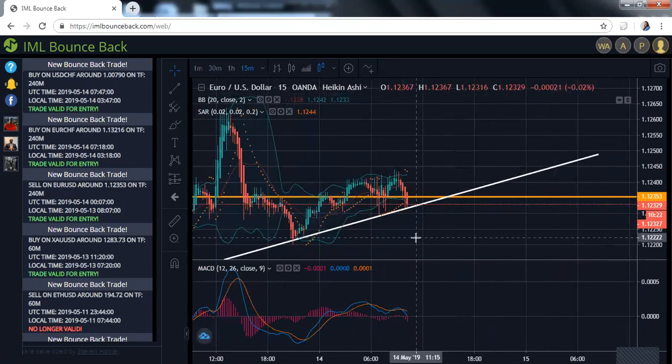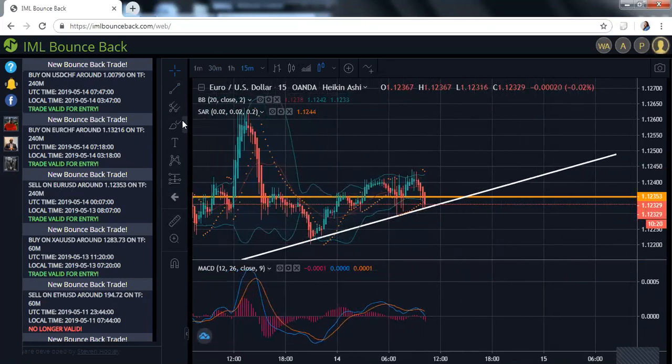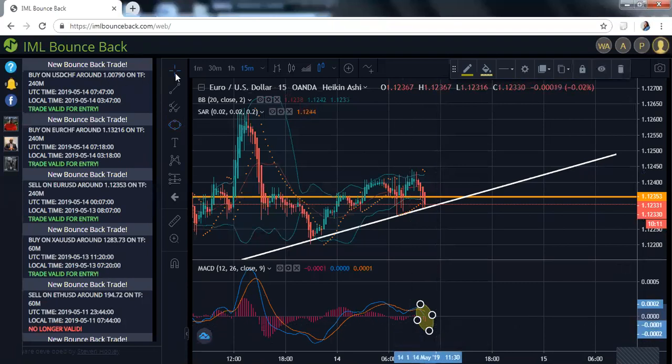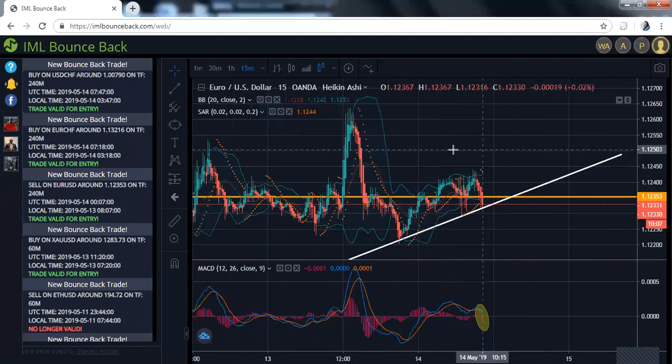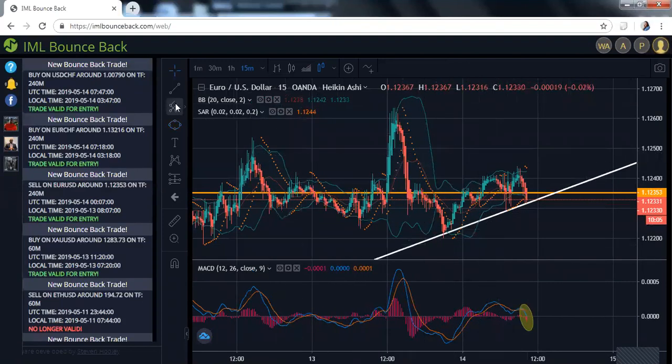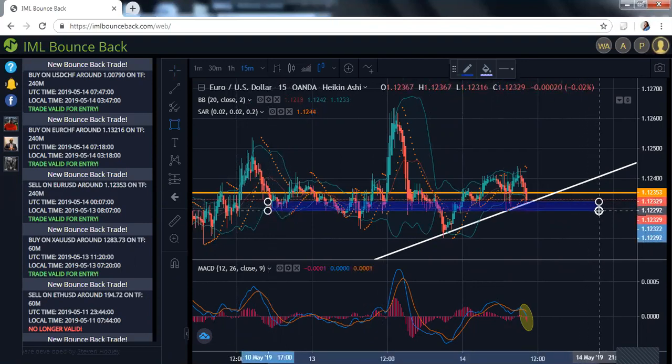MACD has not yet crossed, so you guys can actually look at this. We want to get the break of the trend line and the MACD crossing. I'm sure that this will cross shortly. So from here, we want to identify structure. Let's go from here. We want to identify structure there,